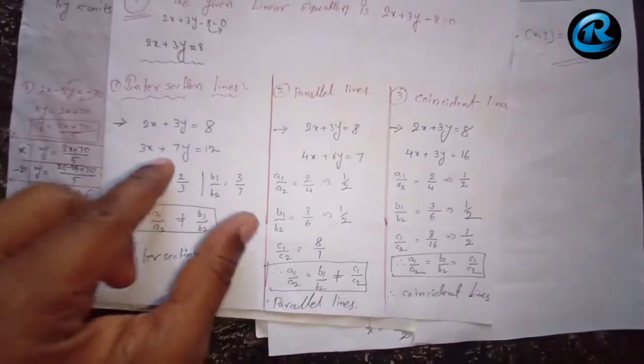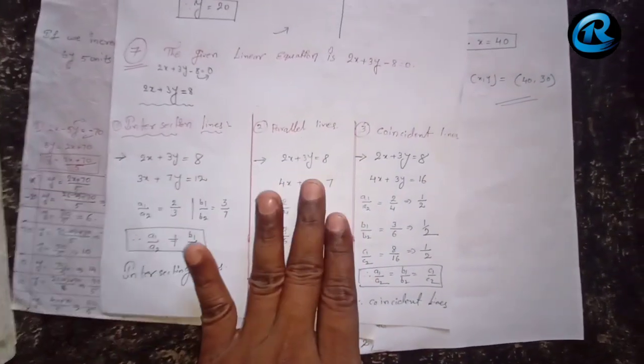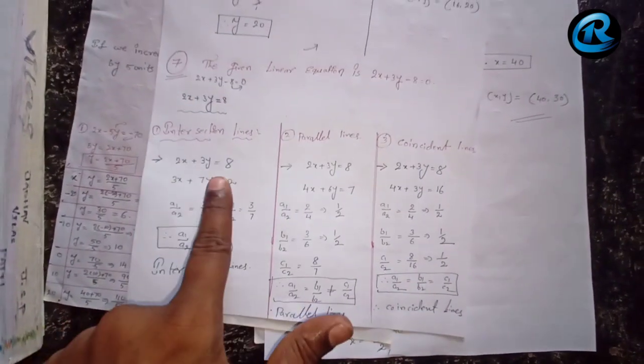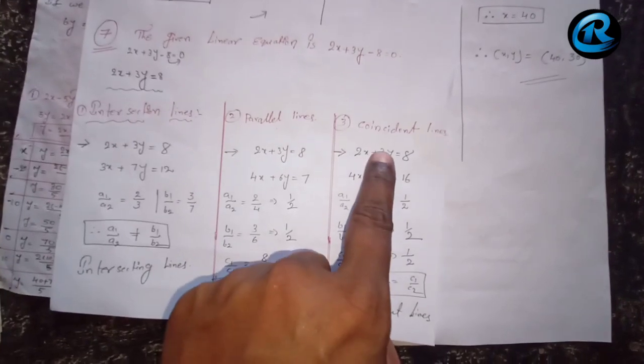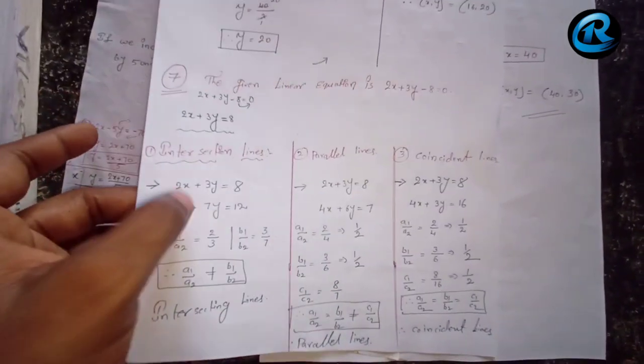It is not necessary that you have to take the same examples. As you wish, you can take any examples and draw the graph. Okay, this is your work. You have to draw the 3 graphs here. One should be an intersecting lines graph, the other one a parallel lines graph, the next one a coincident lines graph for the 7th question. Now, I did not draw any graph for the 7th question.